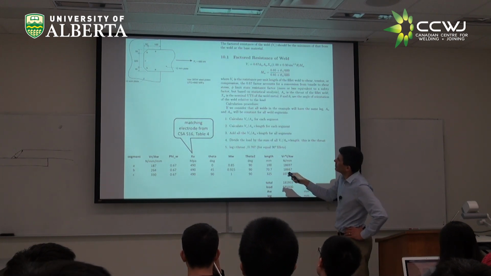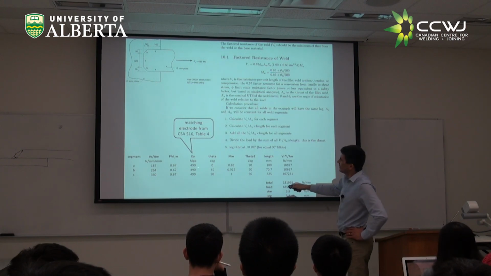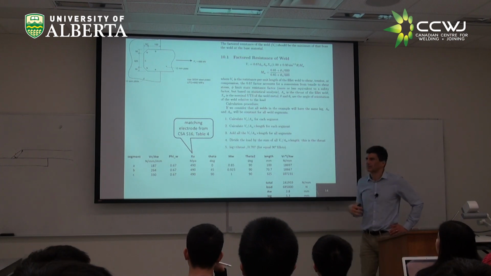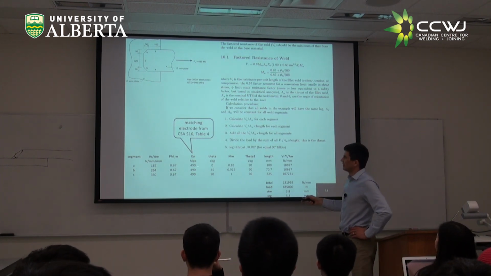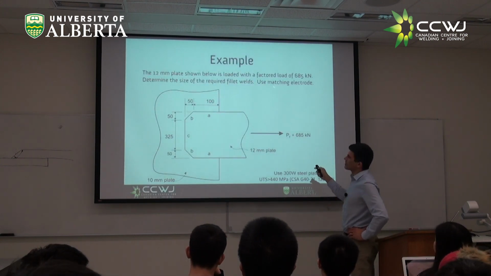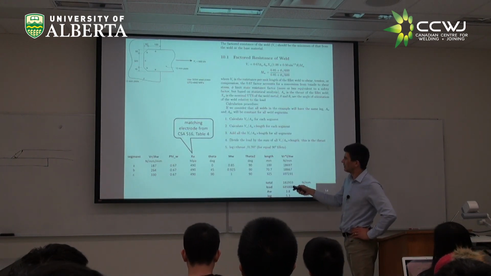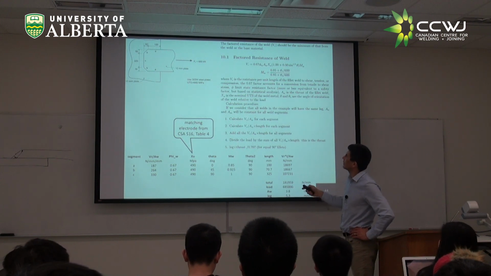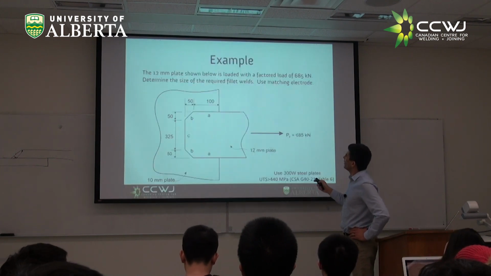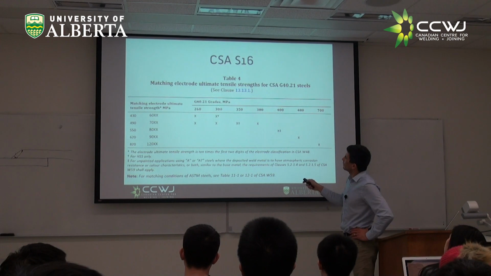And this is what I did here. We have segments A, B, C. Here we have the phi W, that's 0.67 always. XU, that is the UTS of the electrode that matches the plate. We said here, use matching electrode. So you go to this table, the one we discussed, and you say, okay, the matching electrode for a 300W plate, we should use